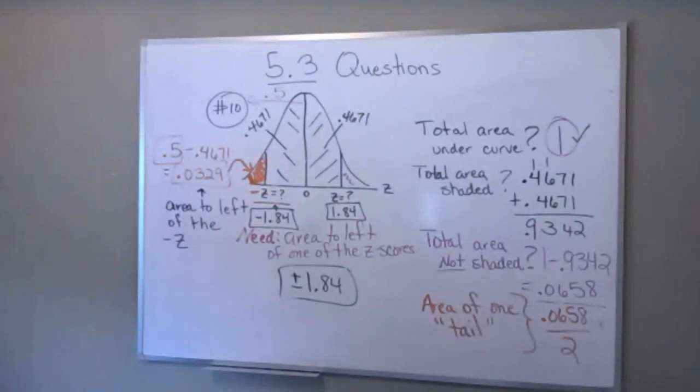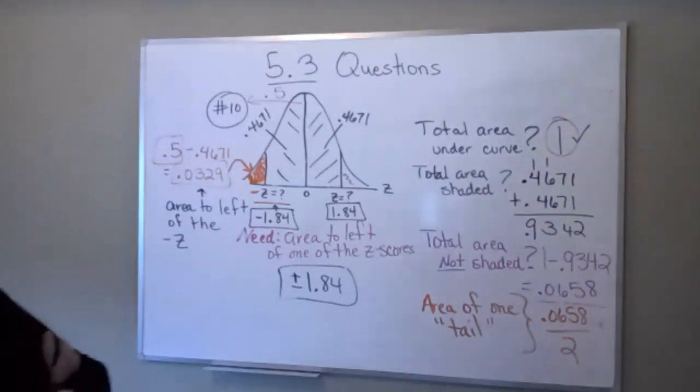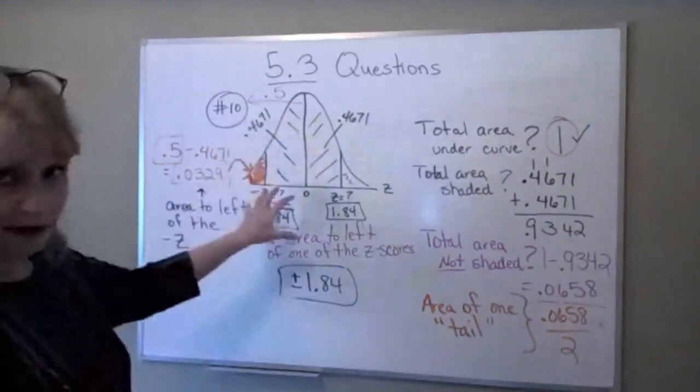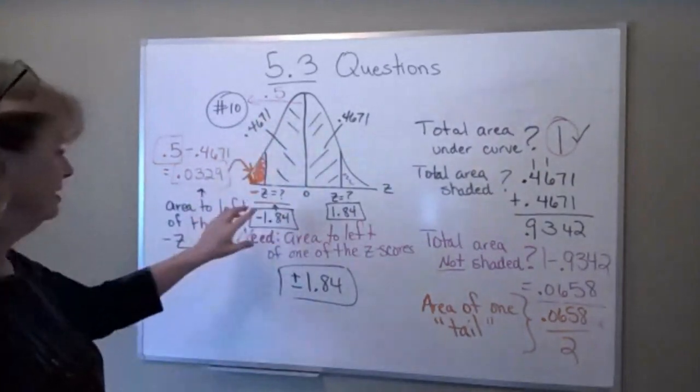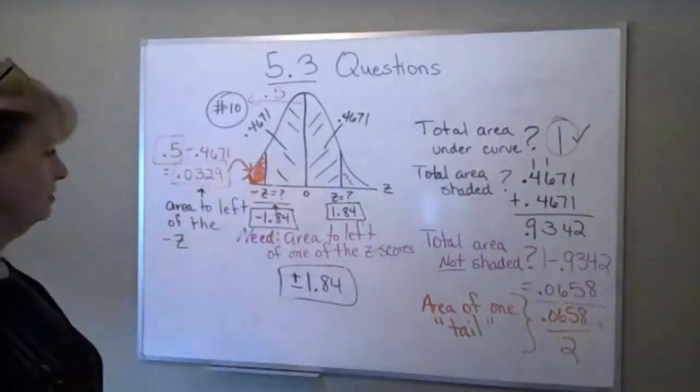I think the next one we'll work is number 12. If you have a question on this one, be sure to type in the chat or turn on your microphone and ask your question. We want to make sure everybody can find the z-score, that you can figure out areas, and that you can find a z-score when you know the area to the left